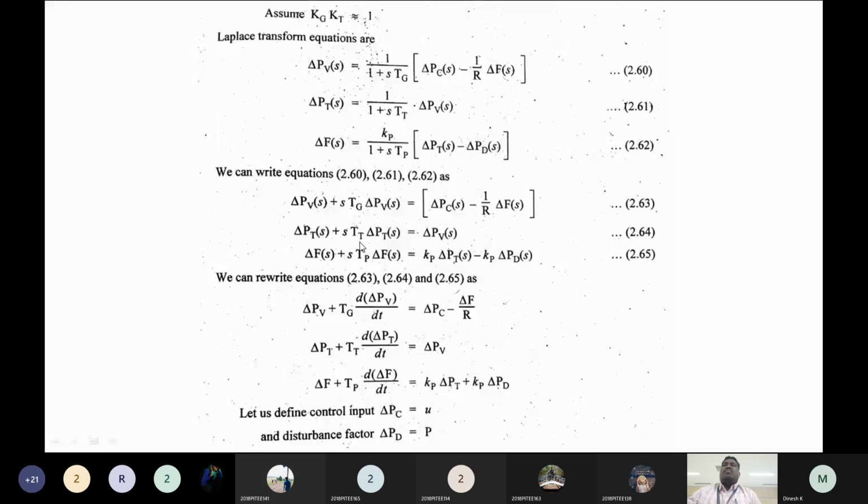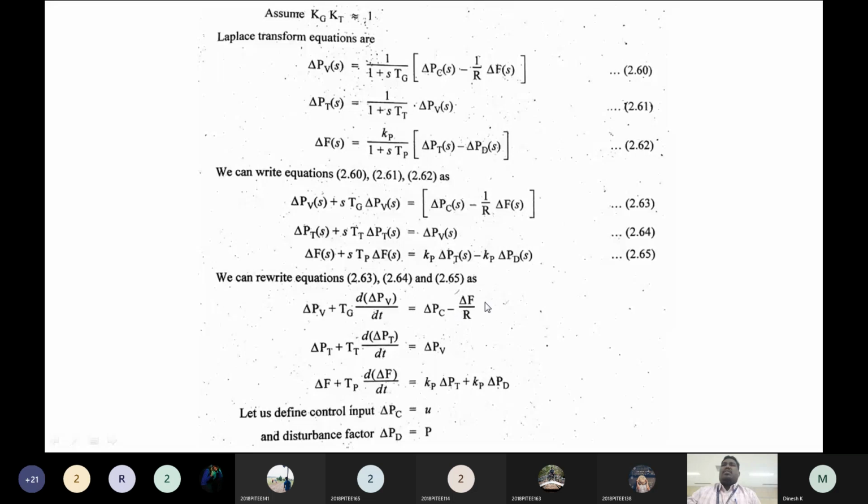Likewise here, S into TT del PT of S is equal to del PV of S. Third is del F of S. I am just bringing the term to the left hand side: S into TP del F of S equals KP del PT of S minus KP del PD of S. So once again, you may write the equations in your